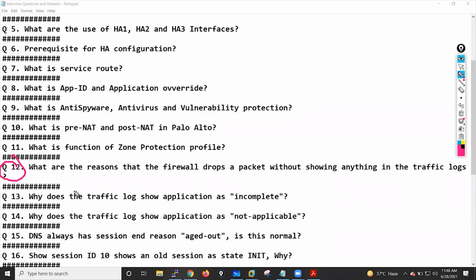Okay. So sometime in interview, people ask, what are the reasons that the firewall drops a packet without showing anything in the traffic logs? So the traffic log means